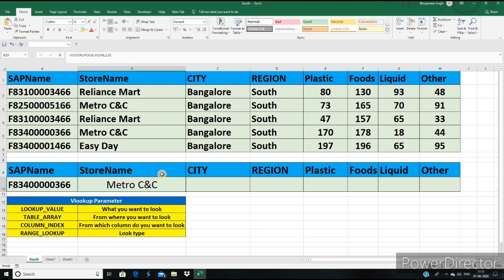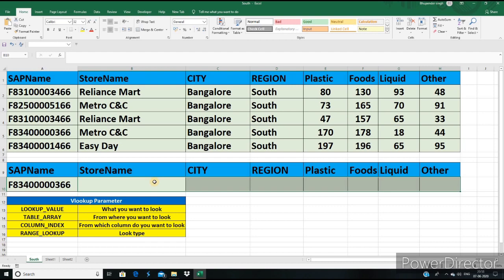But in this video we are trying to learn how we can use VLOOKUP for multiple columns in one go so that we have no need to change this column number again and again. So let's do it. I'm going to delete this. To do this you have to select the complete range where you want to paste your answer.